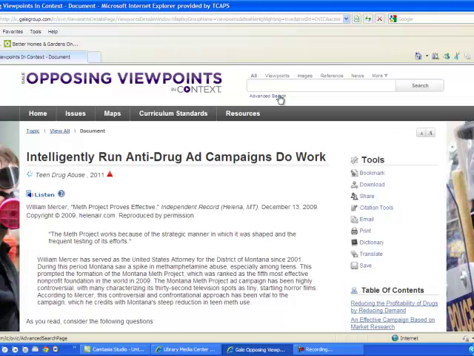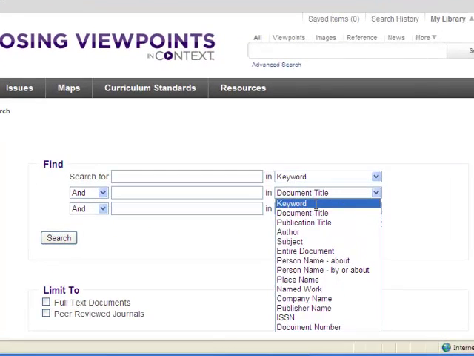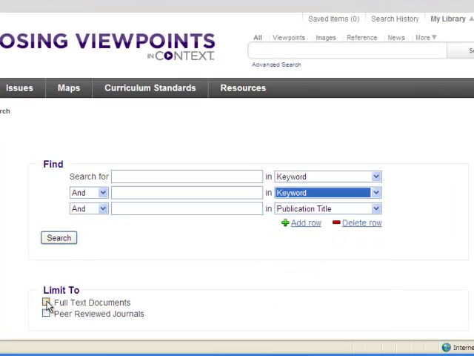Last thing I want to show you, advanced search option. Pretty straightforward, but there are two things that I'm definitely going to need to do when I use the advanced search. I am always going to change this tab over to keyword, and I'm going to put in full text documents here so that I don't get any abstracts, I only get full text articles. And then I will put in my search terms,